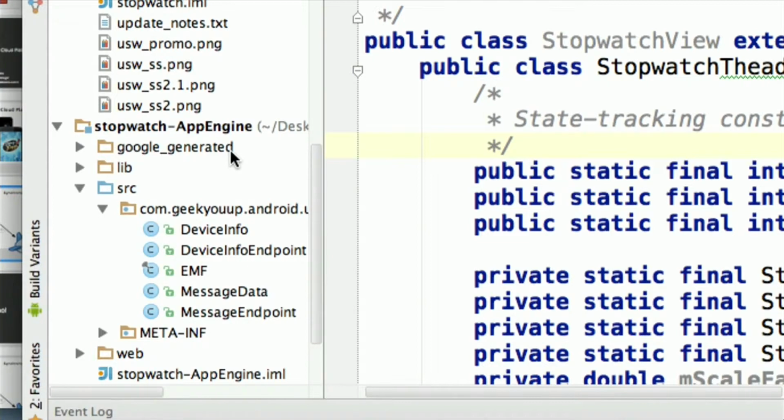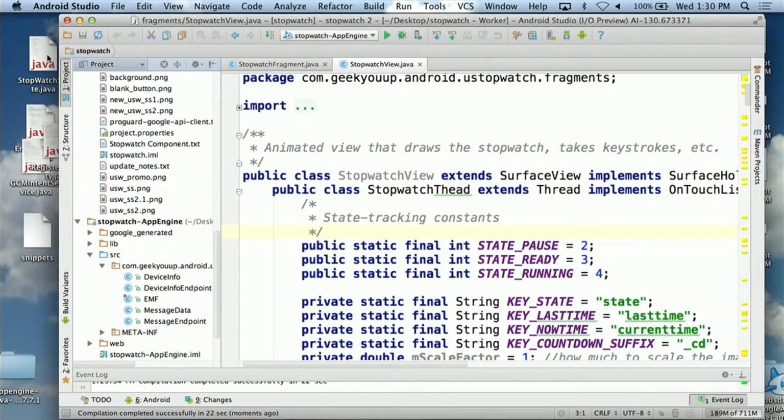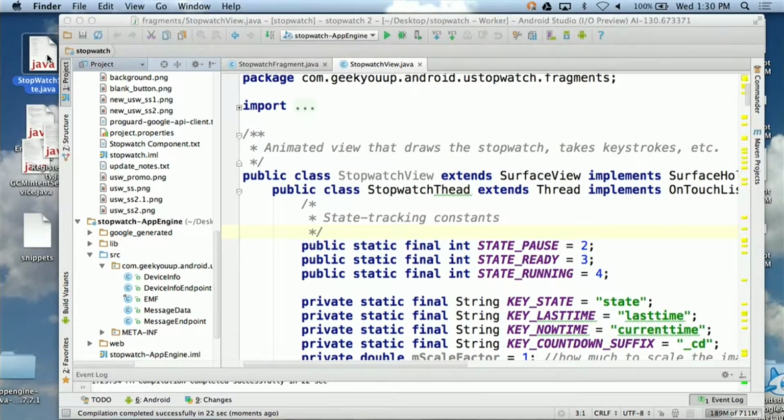So how many of you have actually done GCM before? Good. Then it was probably some drudgery in getting that to work, especially on the server. And so we've taken care of all of that for you, and that's encapsulated in there. But what we want to do now is add our own custom endpoint that's going to be exposed as a REST interface. So in order to do that, I'm just going to copy in